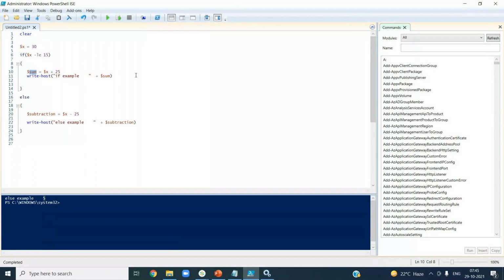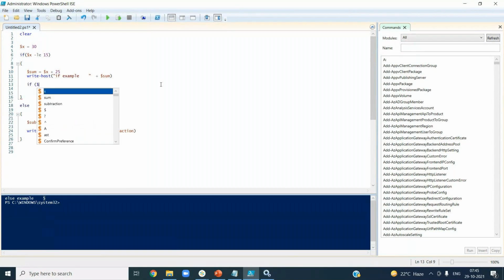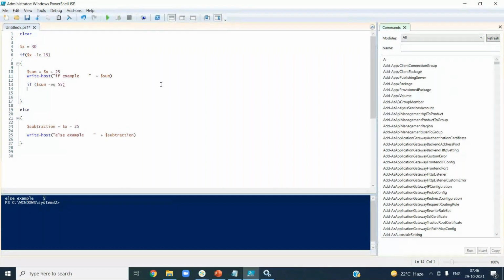Let us say if $sum equal to 55, then open brace, close brace, and you can use Write-Host to write to the console for the time being.